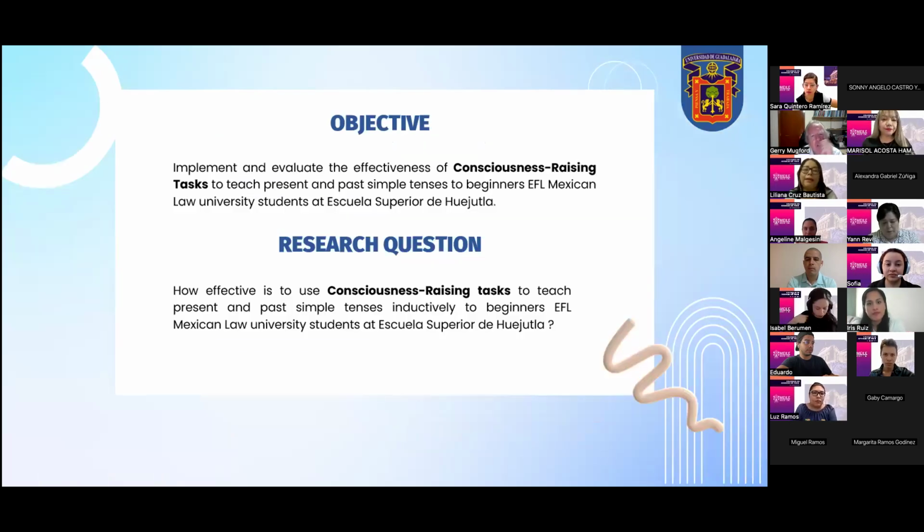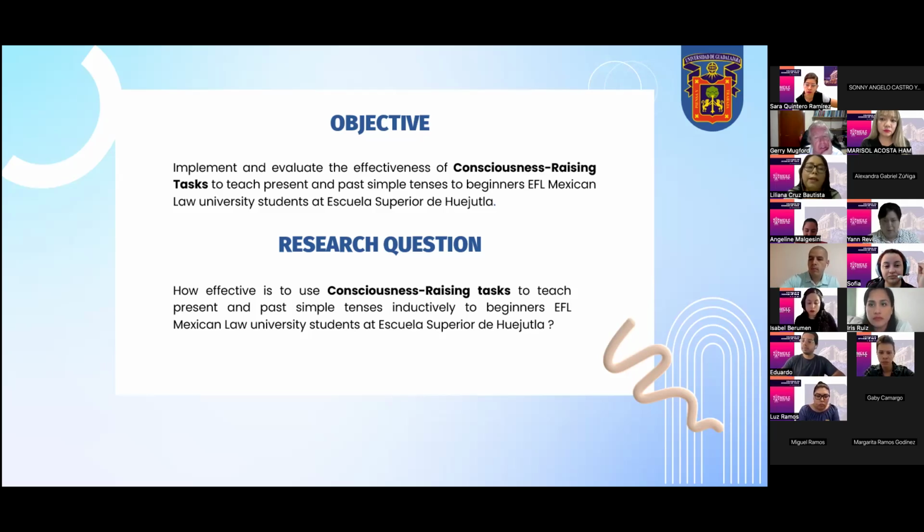In this sense, the objective of my study is to implement consciousness raising tasks to teach present and past simple tenses. And I am not just going to implement them, but I am also going to evaluate, by using a pre-test and post-test, how effective they are. If this type of task is effective, if it improves the teaching of grammar, and if the students can perform better